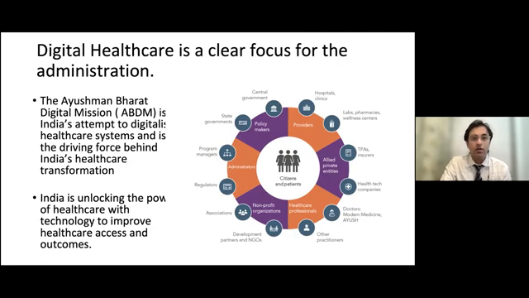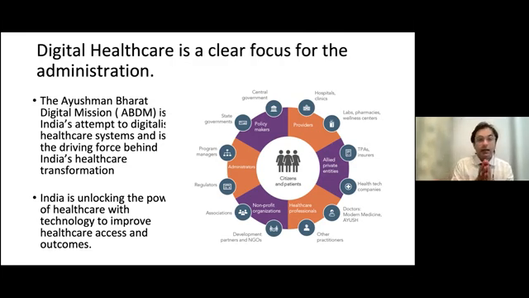I am sure everybody knows about the Ayushman Bharat Digital Mission. It is India's attempt to digitalize healthcare systems. I am already part of ABDM. I was a propellant for the last 1 year. I worked with them. The pathology lab, the radiology department, the primary care physicians, the specialists, everybody can come on their own platforms, but with something which can be integrated. So if I want to see what a surgeon has written, I can just go to the app and see what the surgeon has advised, what were the findings the patient presented with to the surgeon or to the orthopedic doctor. And this is an ambitious project, but all of us have to somewhere down the line be part of